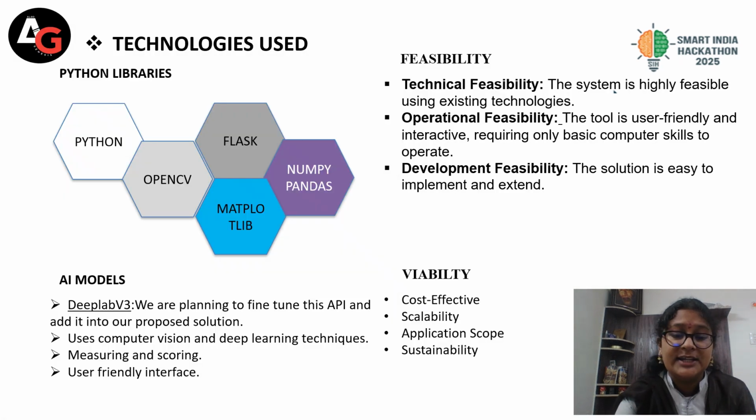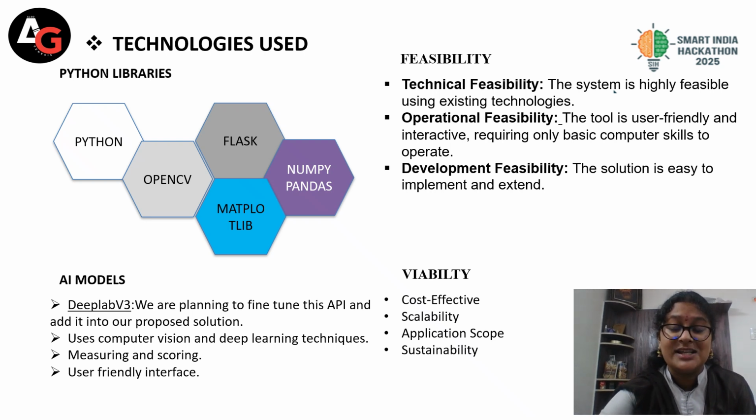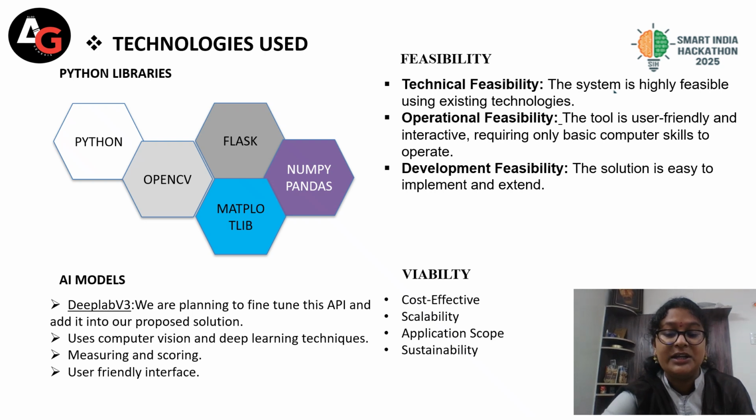When it comes to the technical approach, we are building with robust AI and ML tools. Python libraries are used for pre-processing and pipeline design. A DeepLab V3 model is fine-tuned to measure and score animal traits, OpenCV is used for image processing and segmentation, and we use TensorFlow and PyTorch for deep learning model development. This makes our system semi-automated, assisting field workers instead of replacing them, and user-friendly, with simple mobile and web interfaces.